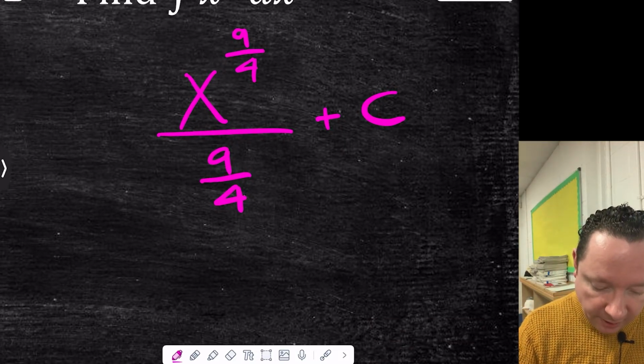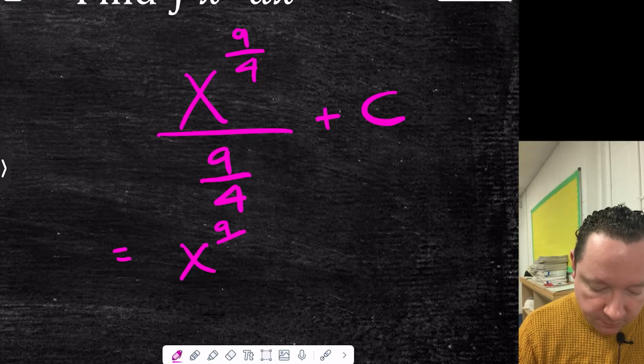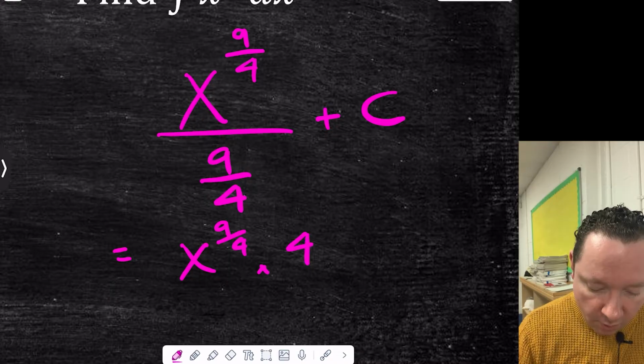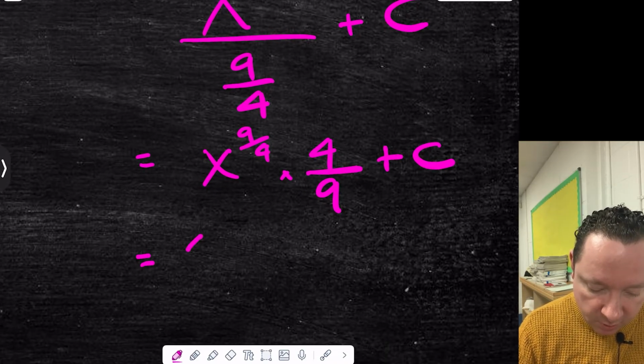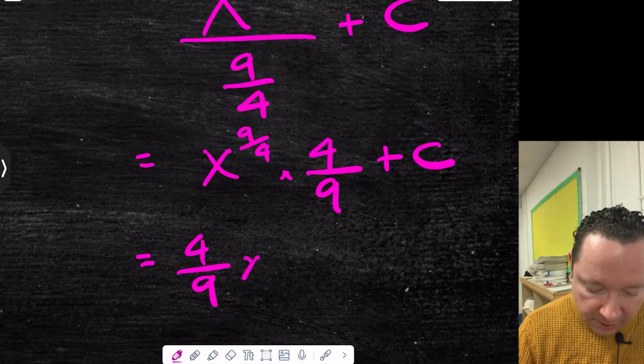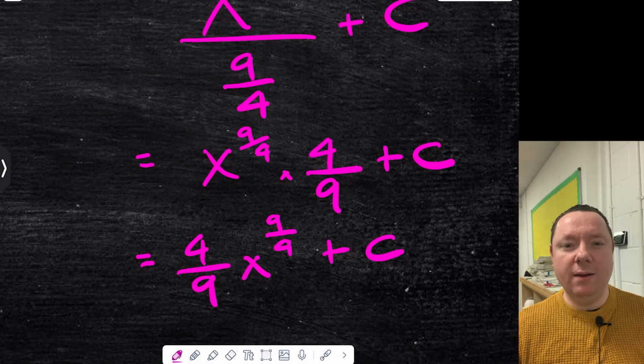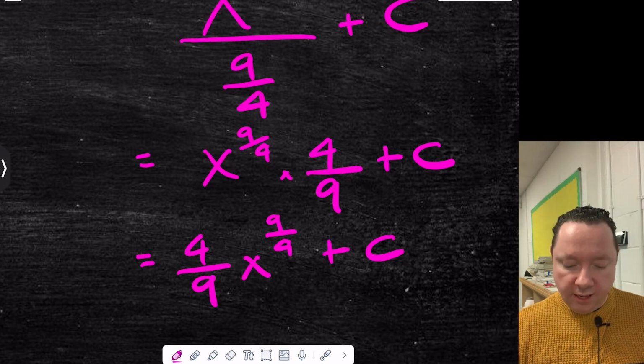So I can write that equals x to the 9 over 4 times 4 ninths plus c. So that gives me, putting the 4 ninths in the front, 4 ninths x to the 9 over 4 plus c. And then just to go one step further, just for fun, let's change the 9 quarters as